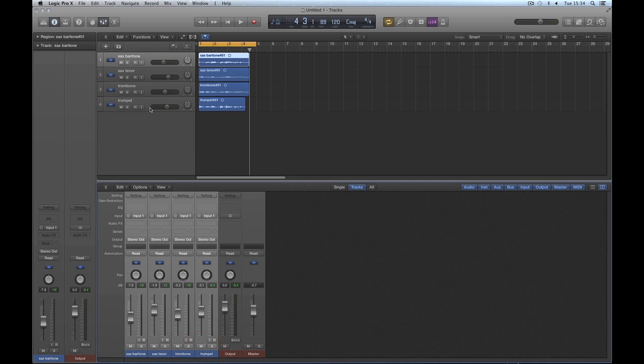relates to a track. It's a channel strip for a track on the track header column, or it makes it easier to see that. And the other thing we're going to do is